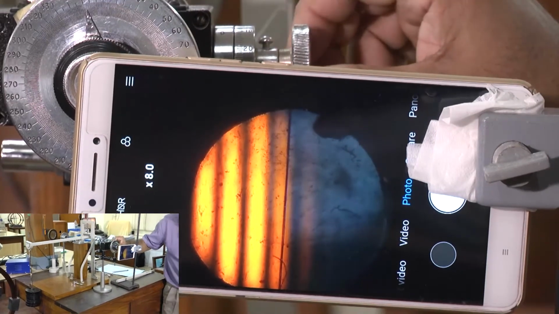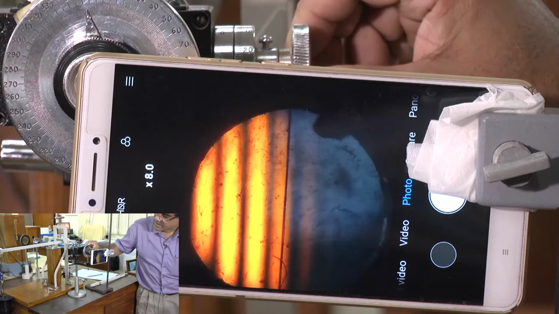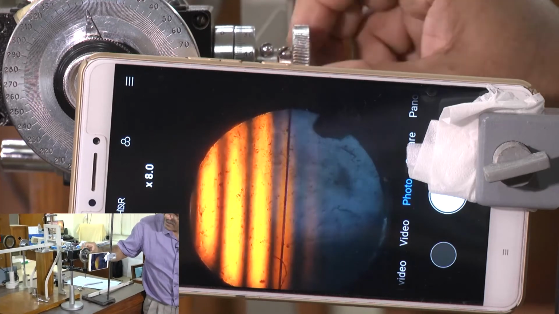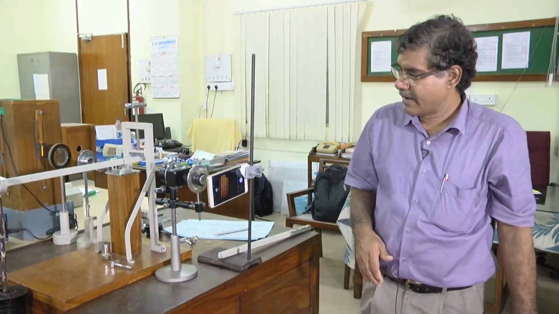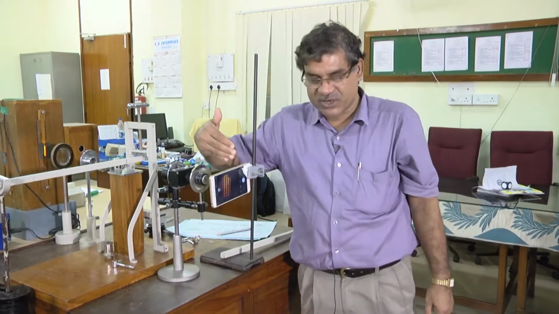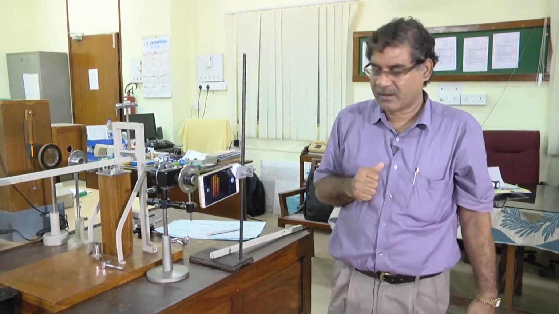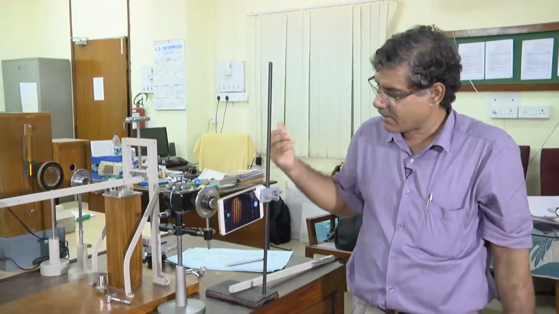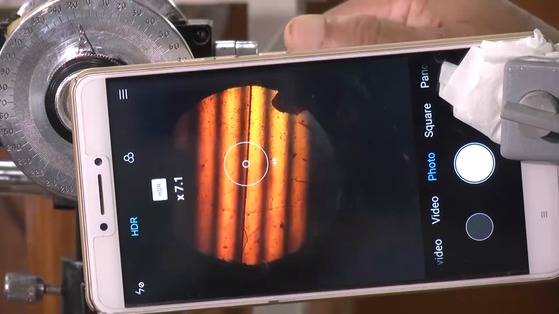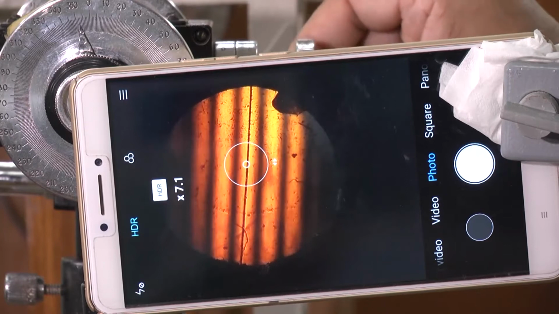For that again I bring it back to the middle. So, we change the weight, and there is shifting of the fringe, and we measure how much the fringe shifts for each weight to bring it back to the original position.